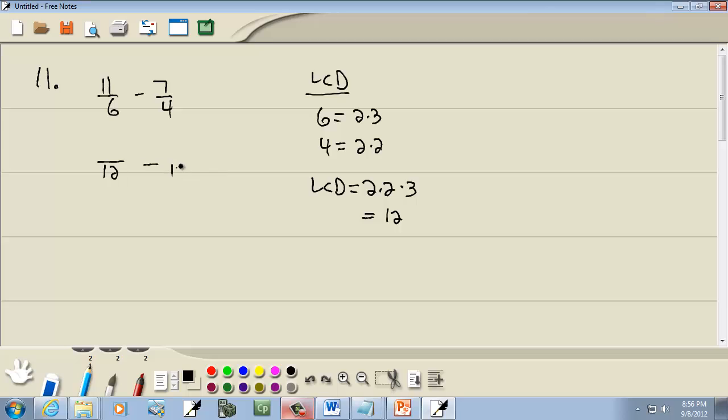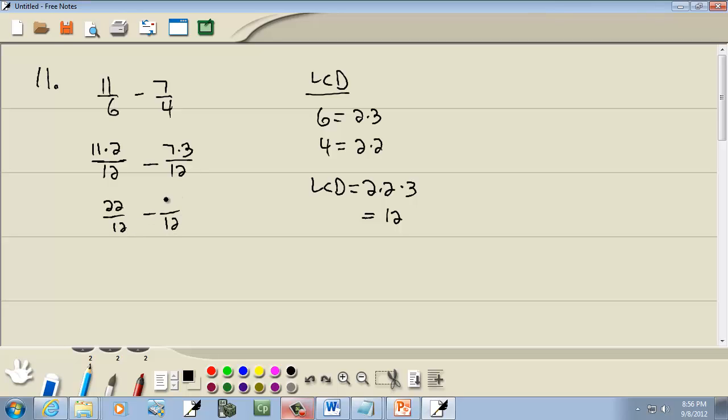And that's what we'll rewrite each of these with. Now in our first fraction, we multiplied it by 2 to get the new denominator. We have to multiply the top part by 2. Whatever you multiply by the bottom, you have to multiply by the top. In our second fraction, we multiplied it by 3 to get our new denominator, so we have to multiply the top part by 3. Well, 11 times 2 is 22,